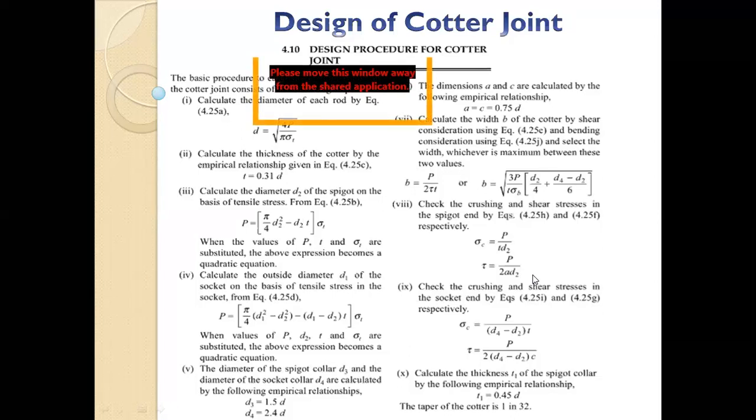As we discussed, the quarter has to be pushed in and taken out, right? So to push it we need to have a taper, and it is observed from experience that having a taper on both ends doesn't help much. So it will have a straight side on one end and a taper on the other, and the taper is 1 in 32. It means if we move 1 centimeter in the axial direction, it will go 32 centimeters in the perpendicular direction, right? So this taper is 1 by 32. This is how the design of the quarter will be done.